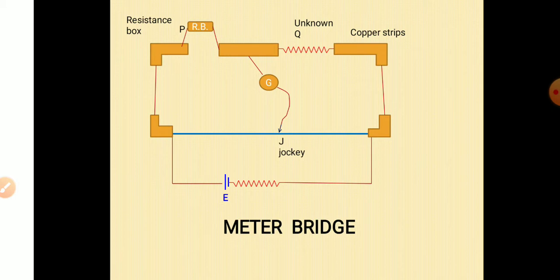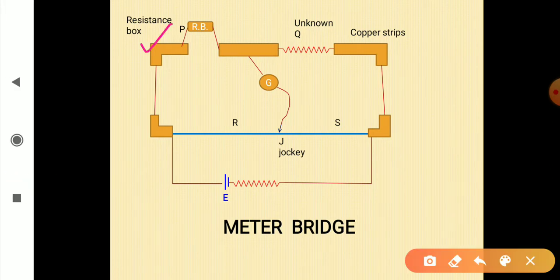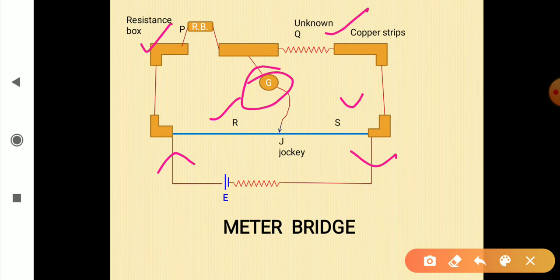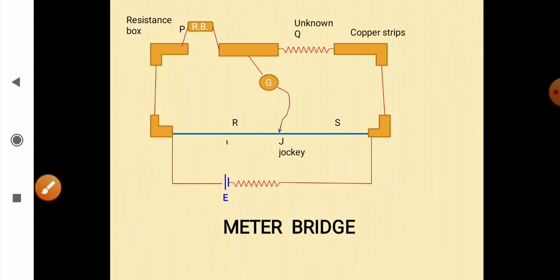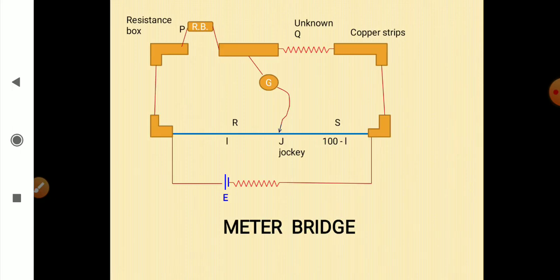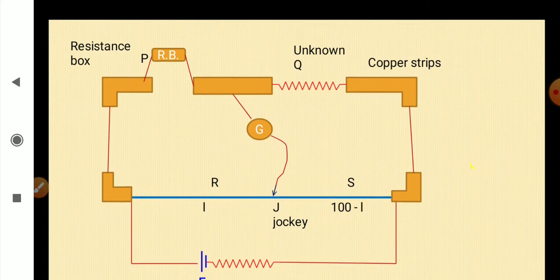Now the jockey divides the resistance wire in two parts. One is R, the other one is S. So we have got the four arms of a Wheatstone bridge: P, Q, R, S, the middle arm of galvanometer also, right? The current starts from this cell, divides at these parts and finally returns back to the cell. Okay, now if one part of the resistance wire is L, the other part will be 100 minus L centimeter, right? So we have got all the parts of a balanced